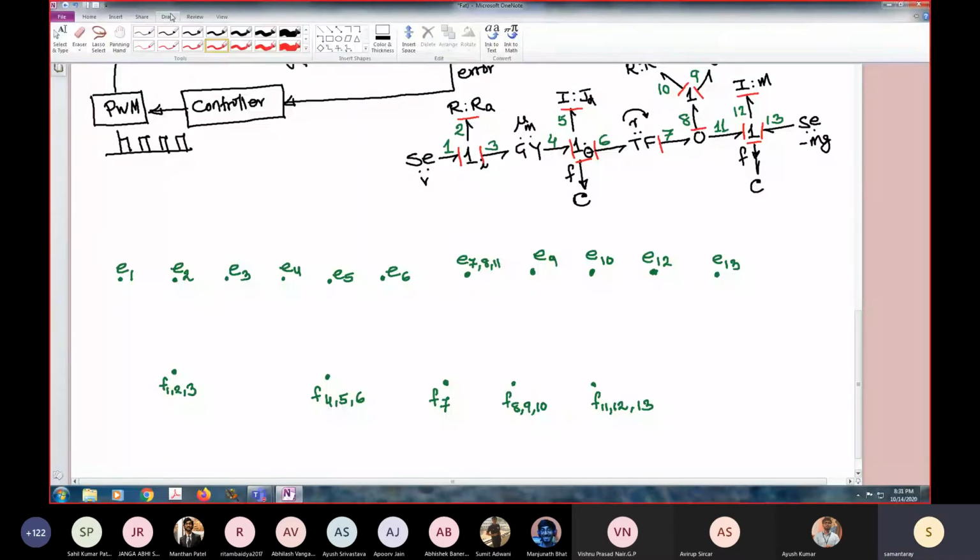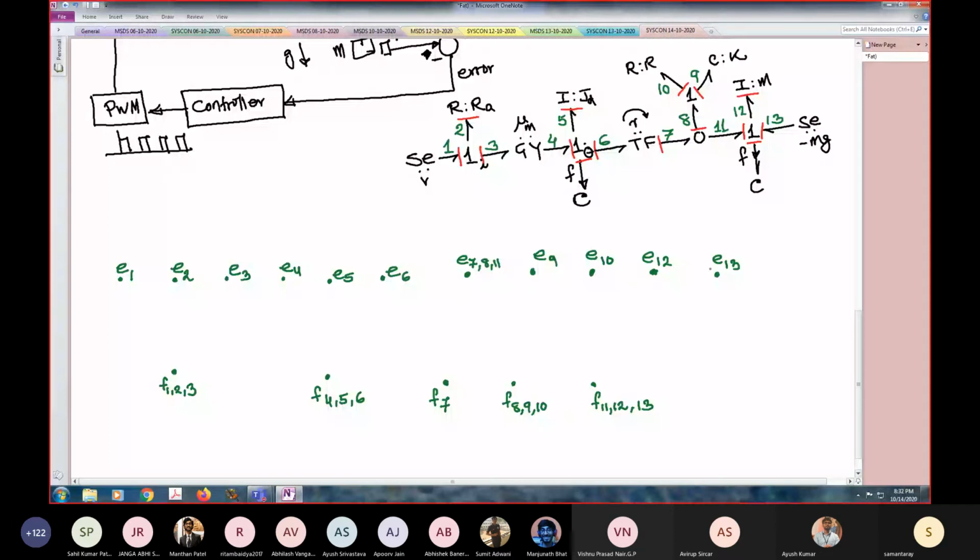So what we have is the weak law, which says the strong bond at one junction is bond number 2. So E2 is E1 minus E3. You cannot randomly write E3 is equal to E1 minus E2 or E1 is equal to E2 plus E3. If you do like that, your transfer function will be wrong. So as per causality, we will get E2 is equal to E1 minus E3.